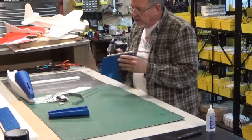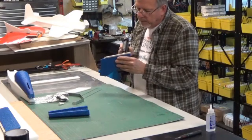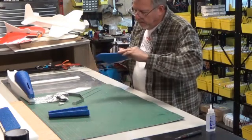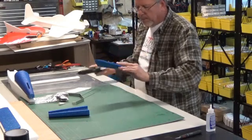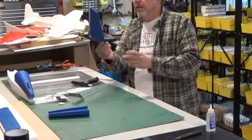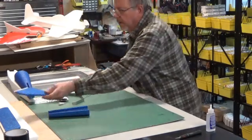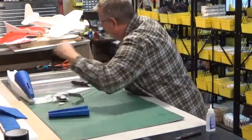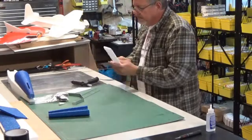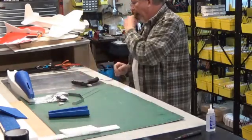Now this one's got a little bit of a gap that I'm going to fill in with glue on the side, and make it kind of look nice. Alright, that looks pretty good. So I got that on there. I'm going to trim that off with an X-Acto knife a little bit later. Lay this down. And we'll be back to that later. Okay. Got those two pieces. Now,